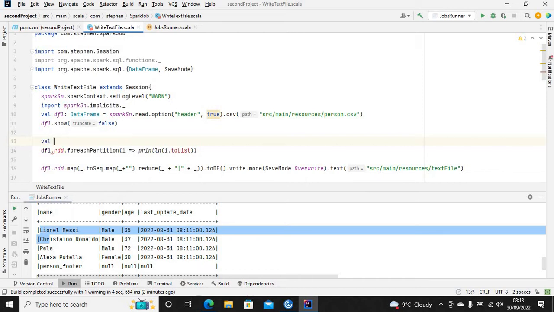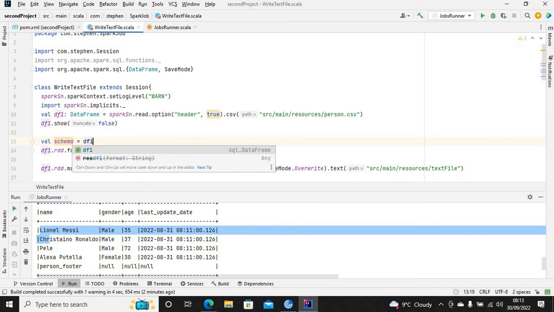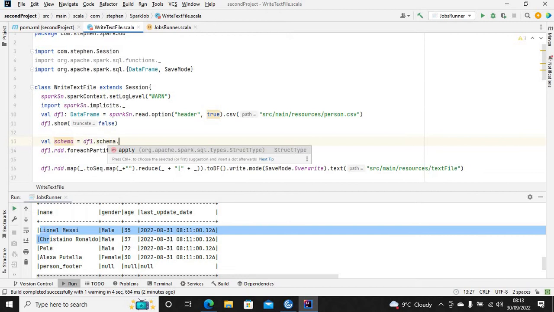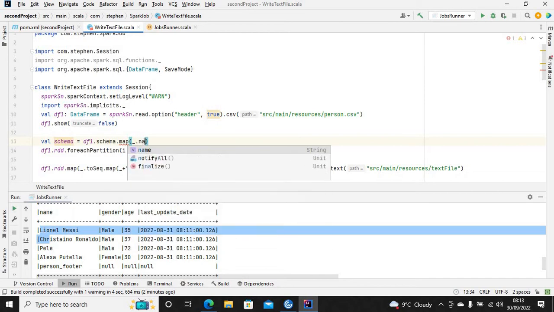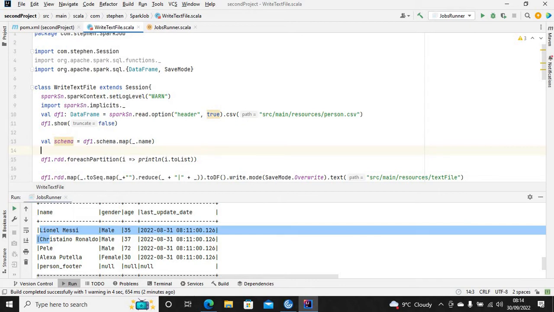So let's say val schema equal to df1 dot schema dot map. So I want to map the schema, and I want to get the name of that schema, because schema has the name, data type and the nullable flag. So I want to get the name. So if I get the name, the next thing I want to do is convert the schema to RDD. Basically create RDD out of the schema equal to spark session dot spark context dot